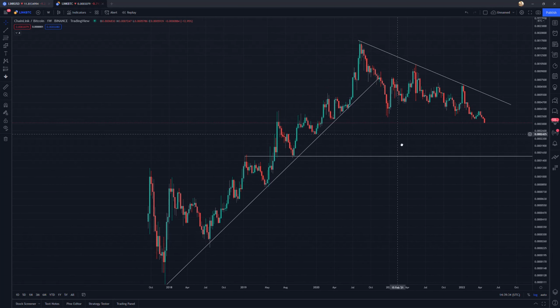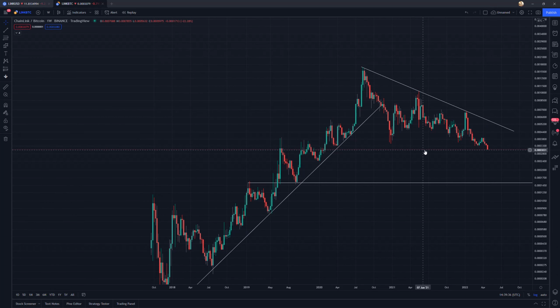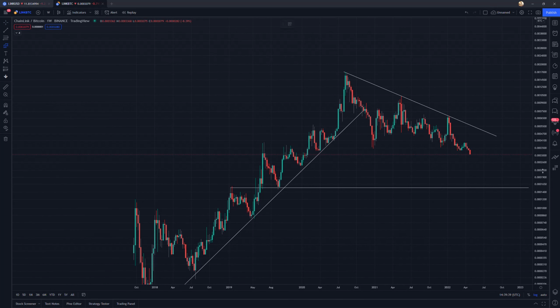And I would say that if you want to support this token and invest in this long term, I would wait for a bottoming pattern, right? Something that would look like this, where we have a double bottom maybe, and we take out some of these previous highs. If we take out this high, then I would say it's pretty definitive that the downtrend has ended. But as of this moment, it has not ended, and you are better off sticking with the trend that it is down, and you should consider that it will continue to be down unless proven otherwise.